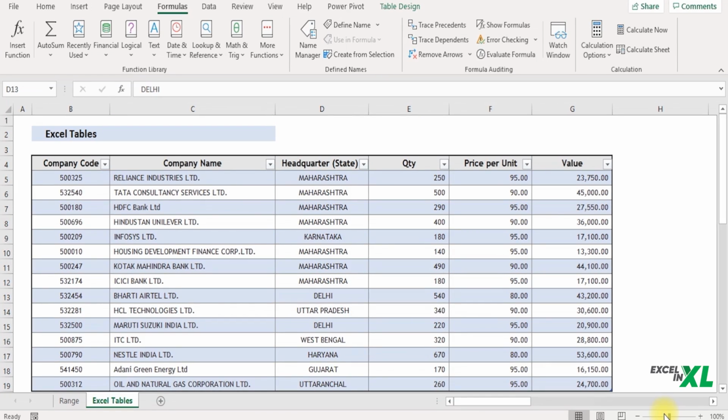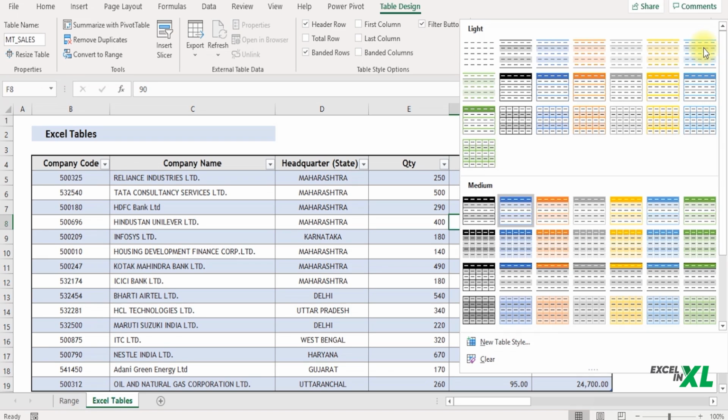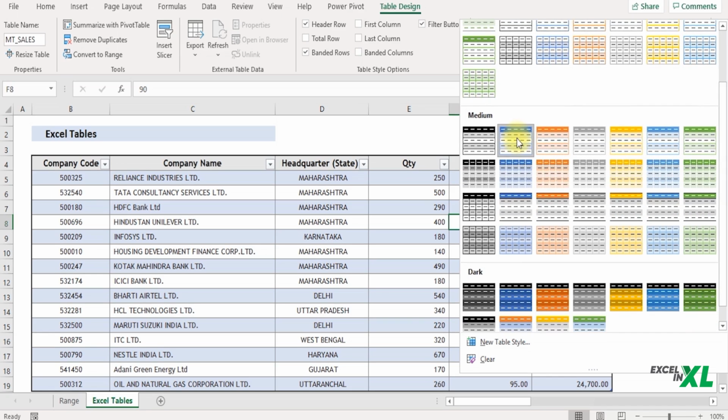Moving forward, now that we have named our table, let us style it. When we were converting our data into a table, Excel had automatically applied a format and style. But if you want to change the table style, you can change the style as per your choice. There are multiple options in the Table Design tab. Under the Table Design, in the Table Style section, Excel has provided us with a number of options to choose from. So you can choose one as per your preference.